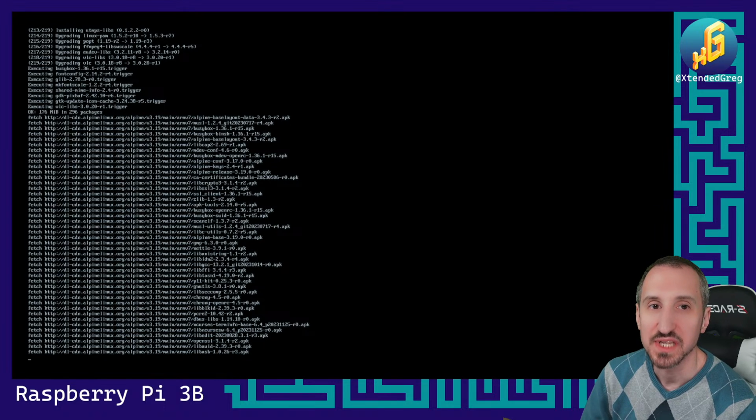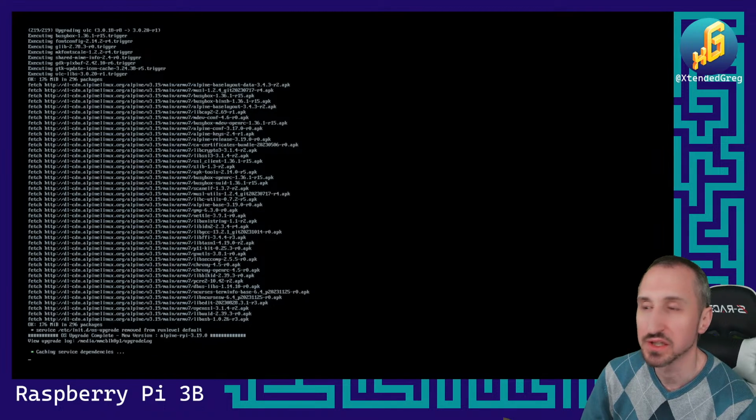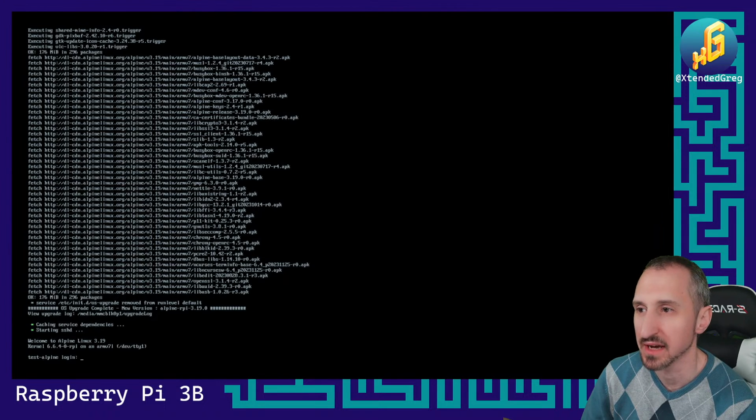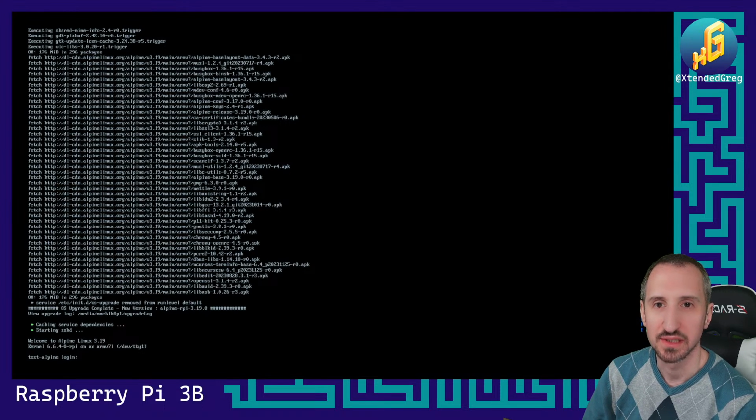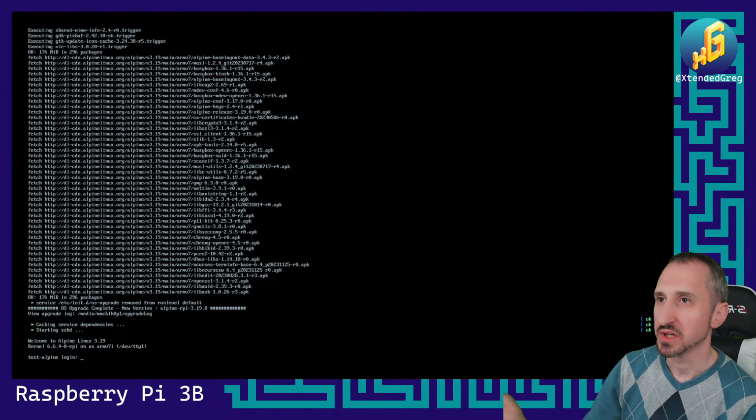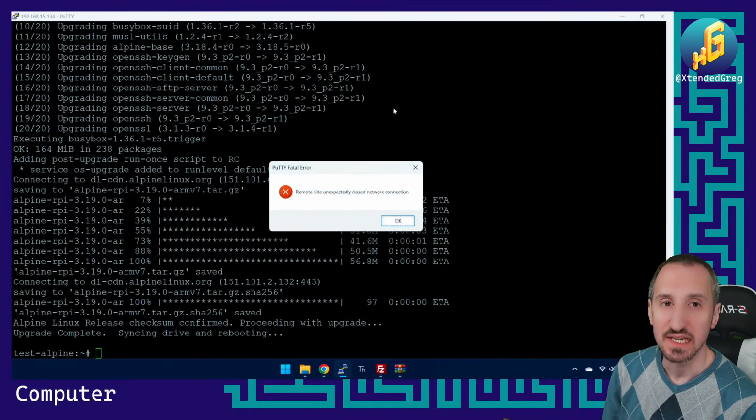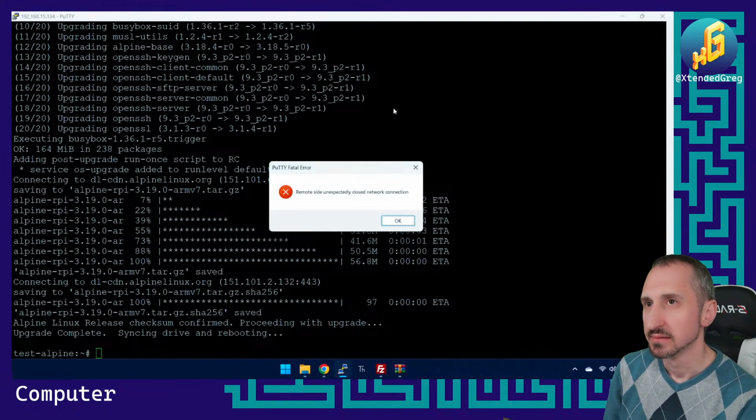And again, if this was headless and you just had this running after you logged out of a SSH, you wouldn't need direct console access like we have here. And once it finishes, it says upgrade complete, and then it goes back to a regular login prompt. So if we go back over to the computer, and it didn't take that long, right? So now that we're over here,